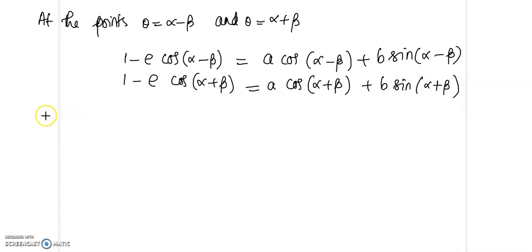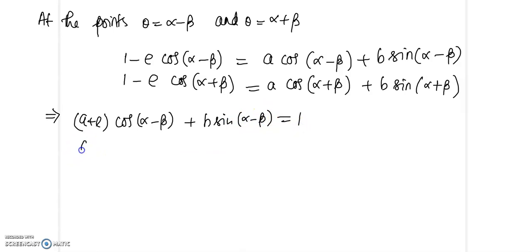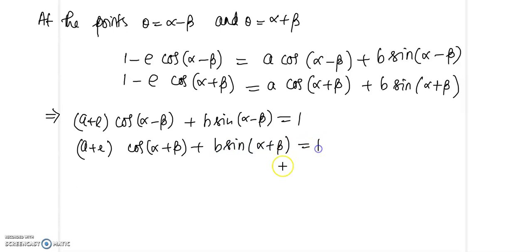Okay, now this can be rearranged as (A plus e) cos(alpha minus beta) plus B sin(alpha minus beta) equal to 1, and (A plus e) cos(alpha plus beta) plus B sin(alpha plus beta) equal to 1. Now let us solve for the unknowns. So we need to find the value of A and B. So let us find the value